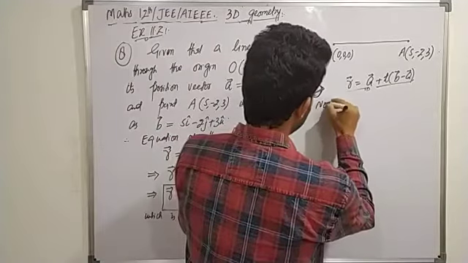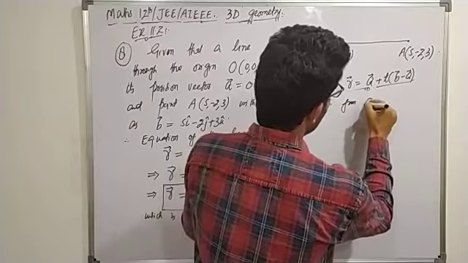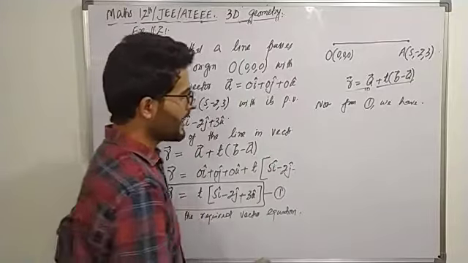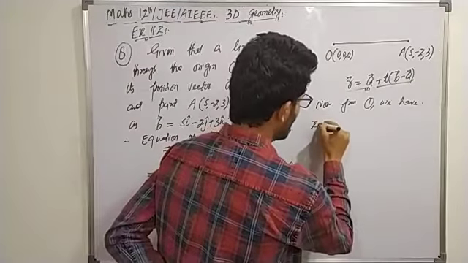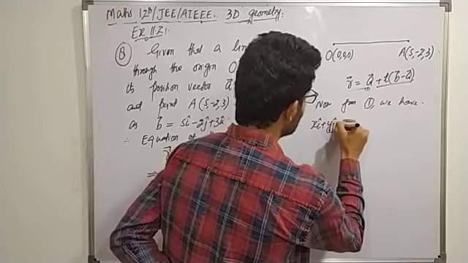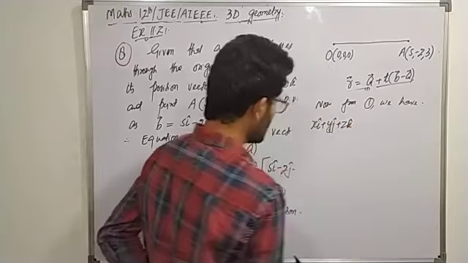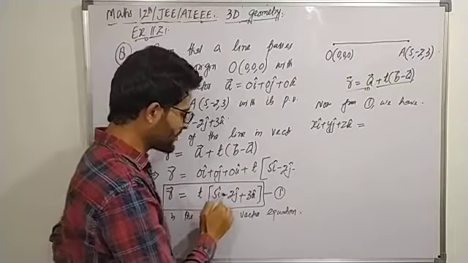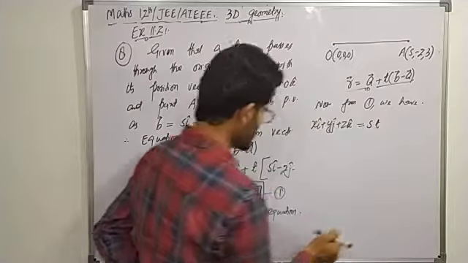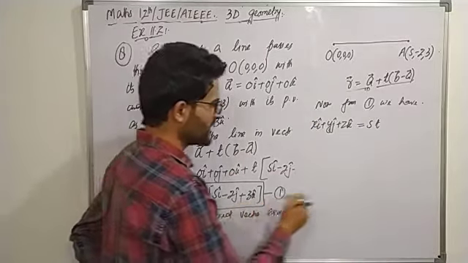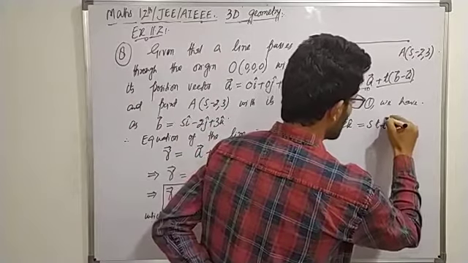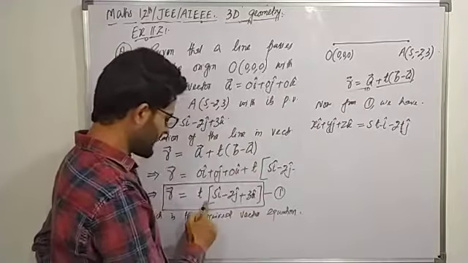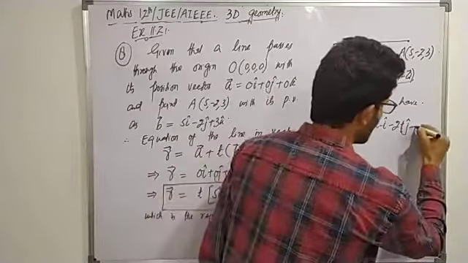now from equation first we have, what do we have from equation first? Yes, r vector is equal to, r vector's value xi plus yj plus zk, and that must be equal to, multiplying by t, 5 into ti, that's 5ti, right? Minus 2 into tj, that's minus 2tj, and finally we have t into 3k, that's plus 3tk,